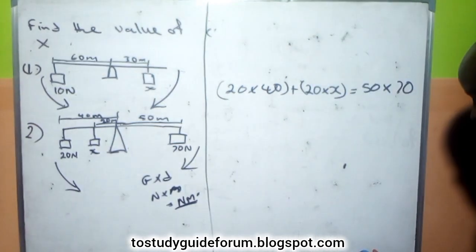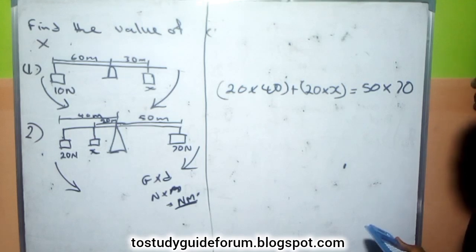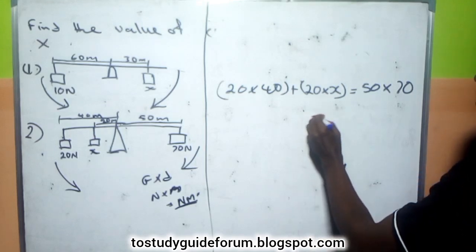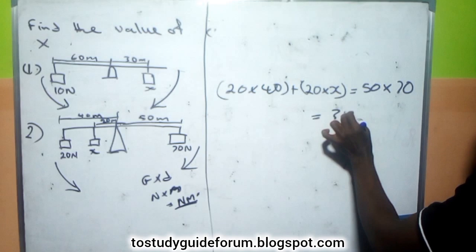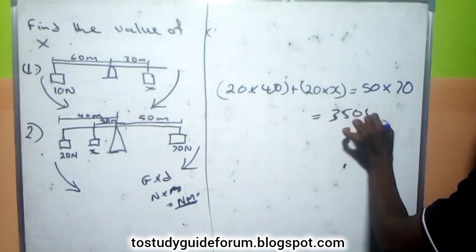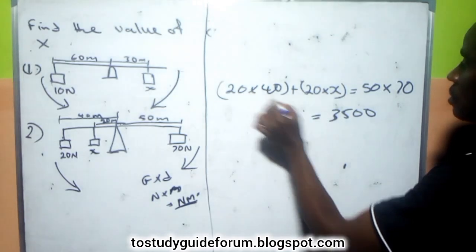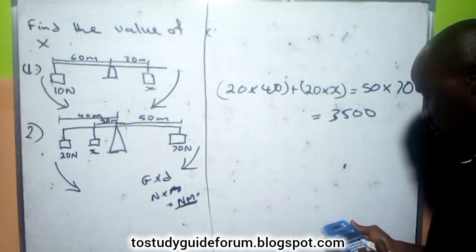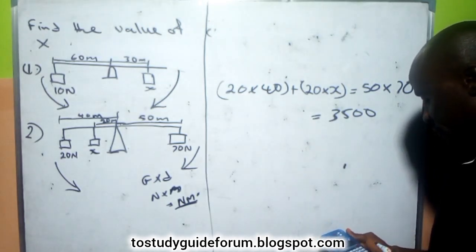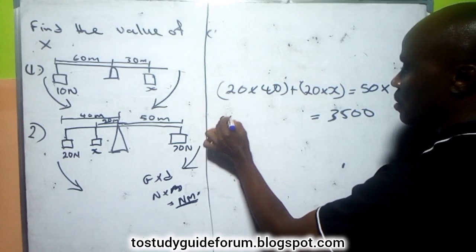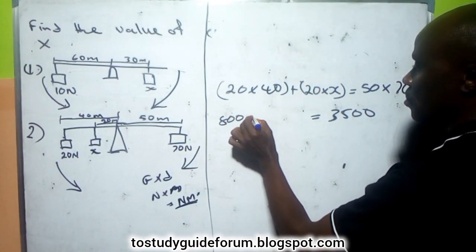So for the clockwise, we have 50 times 70, which is 3,500. Then this other one, 20 times 40, we have 800 plus